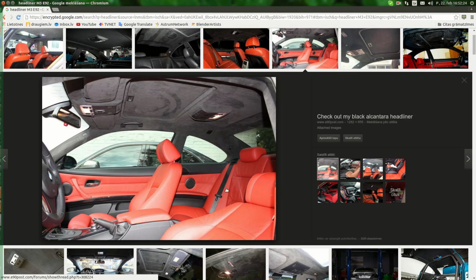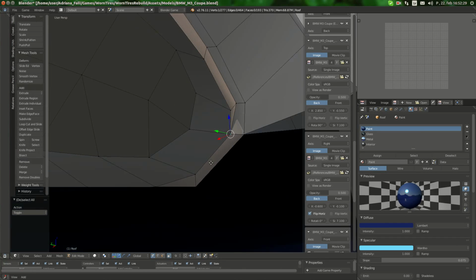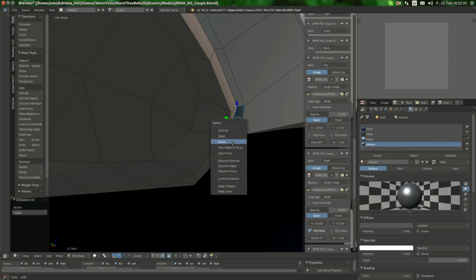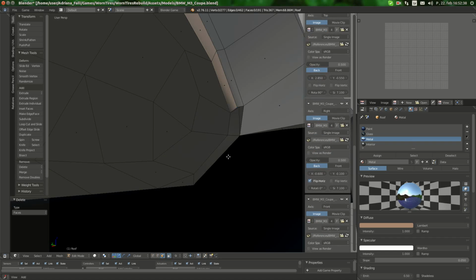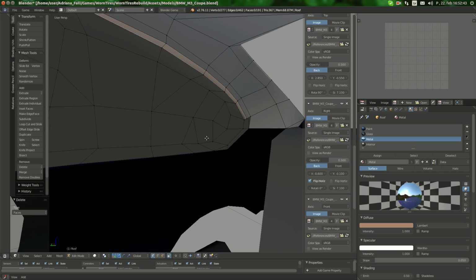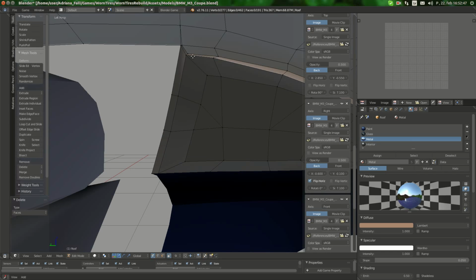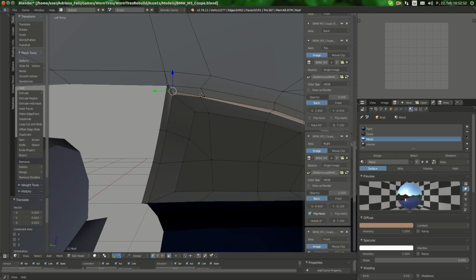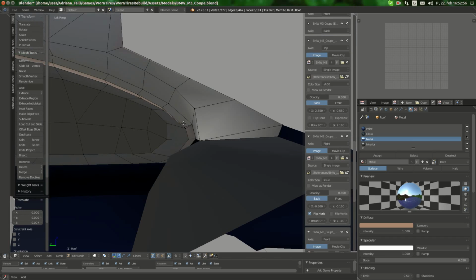Well, what else we've got? Alright, maybe this part is wrong. Yeah, it's wrong. I'm gonna delete this face and this face. Let's leave it empty for now, because it will be a bit more difficult. So I'm gonna sort of adjust those vertices like so,